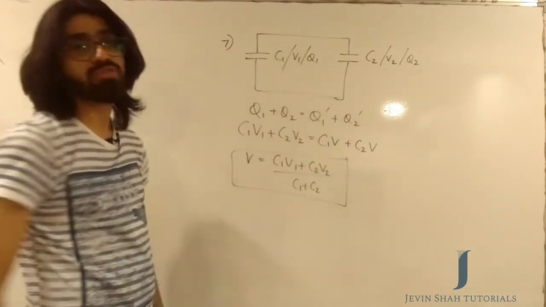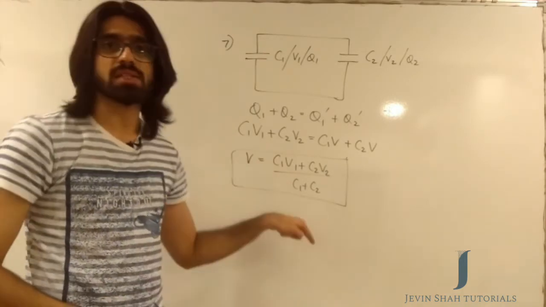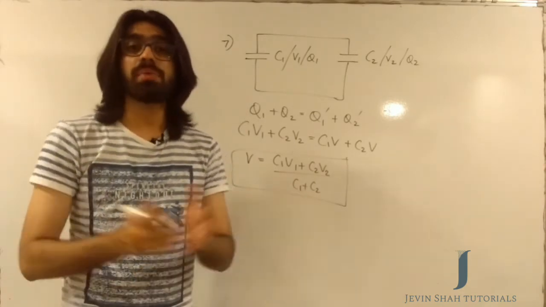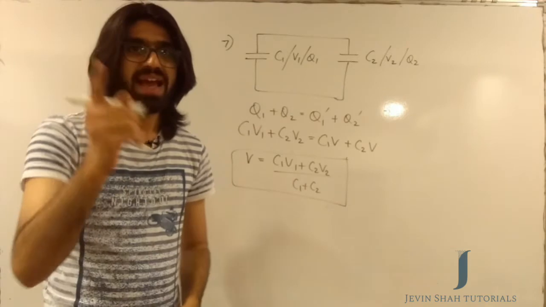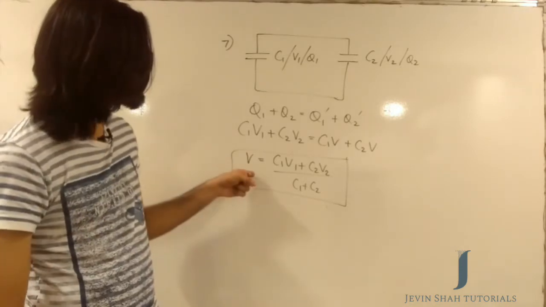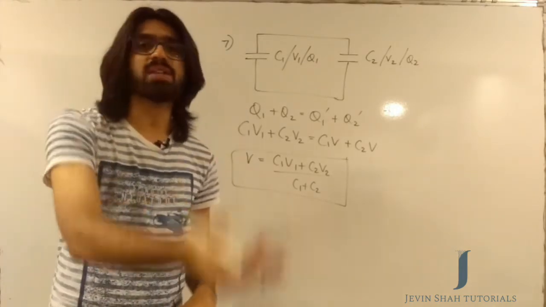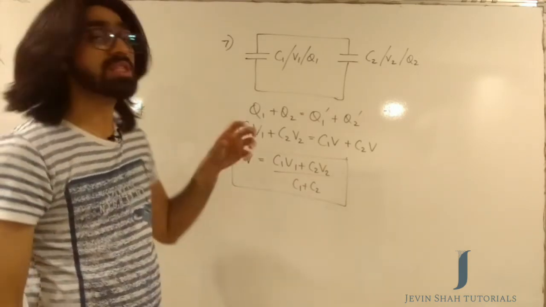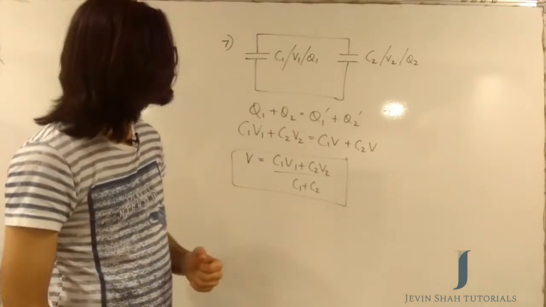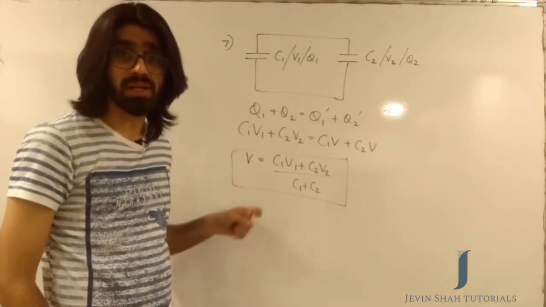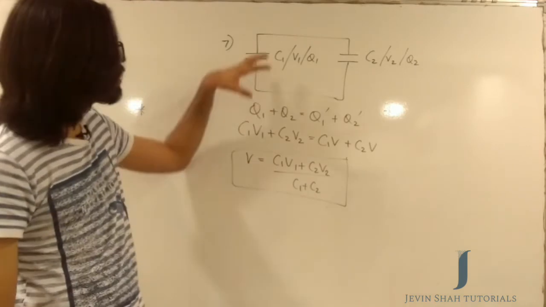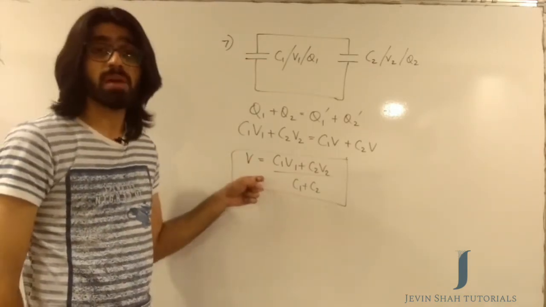Do not make a mistake of memorizing this formula. You don't have to memorize it. You have to understand the thing right here. If you understand that charges keep getting exchanged till a common potential is achieved and you cannot destroy charges, then these are things you will be able to write down yourself. And not only this, the same principle can be applied in different kinds of setups. So if you get a grip on the principle, you can answer more number of questions. And if you memorize the formula, then the chances of a sum coming directly based on this formula are very less. So understand the working here, that's more important rather than memorizing the formula.